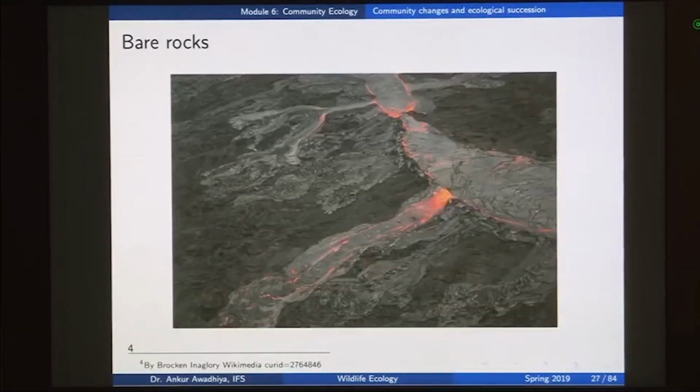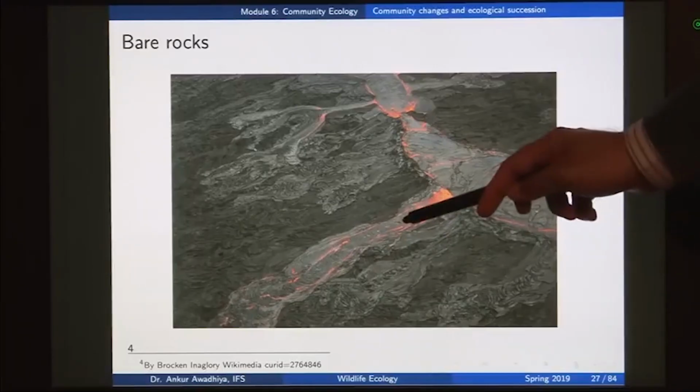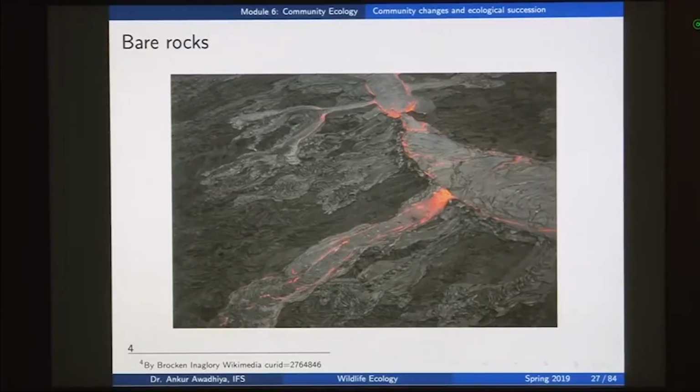So, you have this rock that has come up because of, say, some volcanic activity. So, this would be primarily a basalt rock, or for instance there is a granite rock that is deep inside the earth, and because of some tectonic activities, because of some earthquake related activities, this rock comes up to the surface of the earth. Now, this rock does not have any soil associated with it, it is just a bare